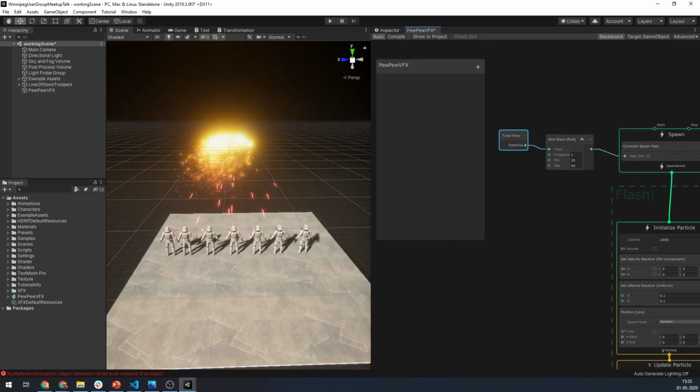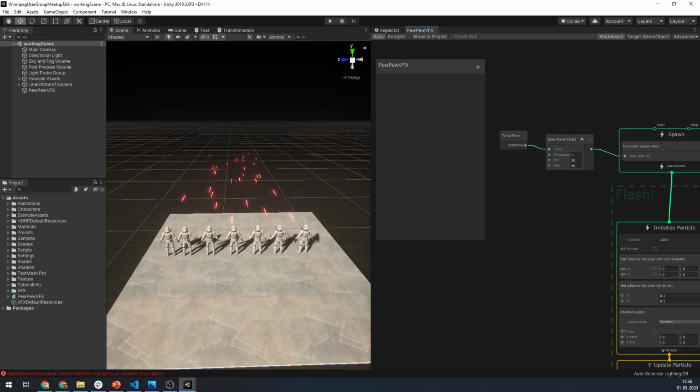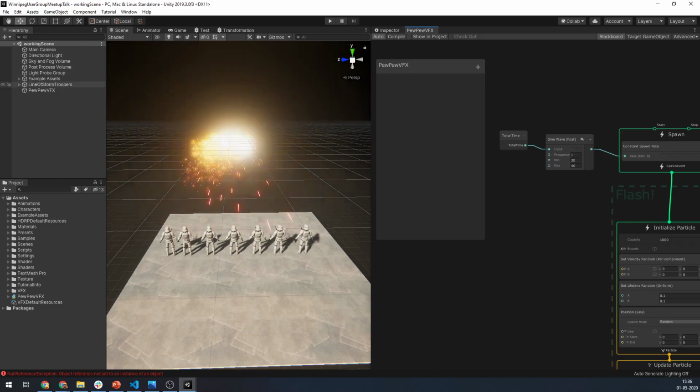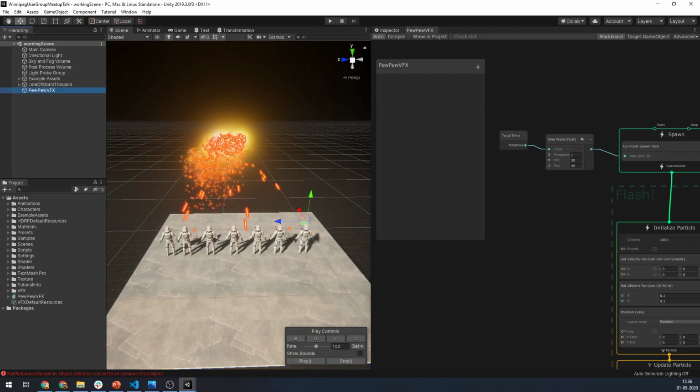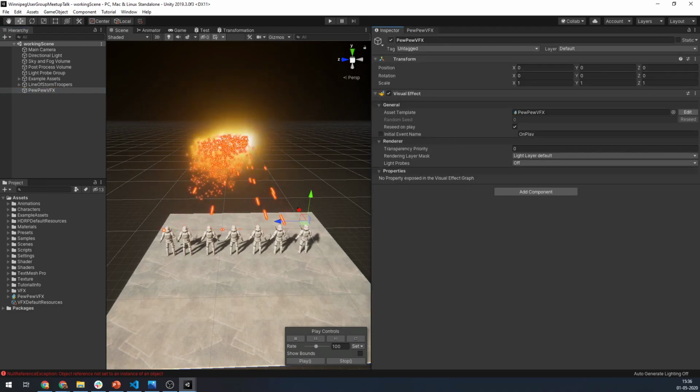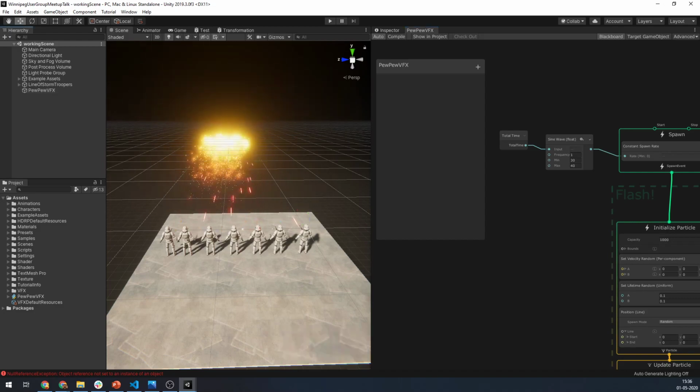One final thing is, if you're like me, and you're like, I don't want to open up the VFX editor because I'm not a technical guy. I want someone else to create the VFX graph. I'm an artist, so I only want to go to my inspector and change values right in my inspector. I do not want to open up the VFX graph. You can do that. You can have the artist or the technical artist who created this for you use